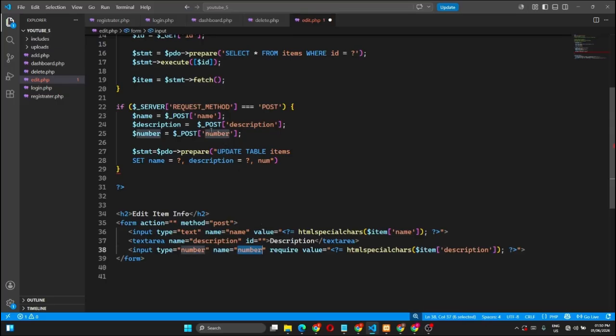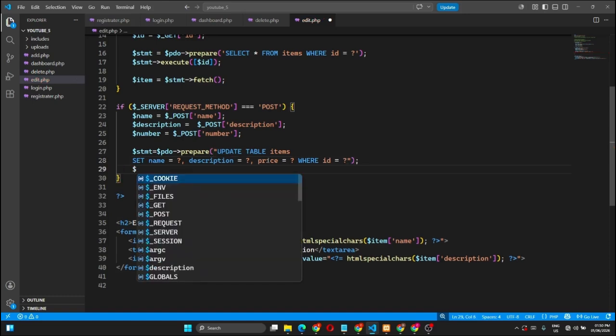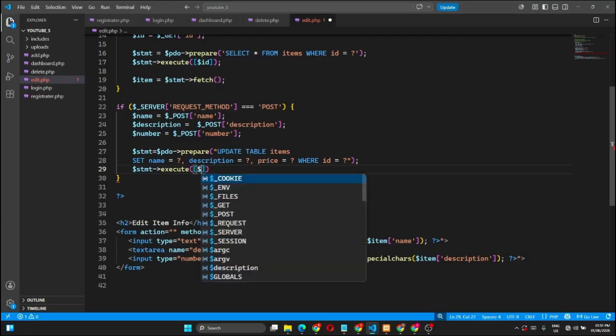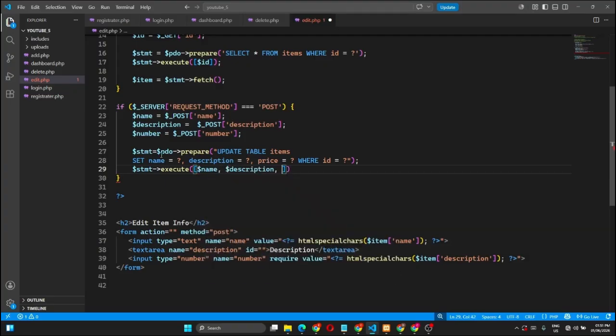Well, let's just change it from here. We're going to call it price here. All the way, name is set, price is set to placeholder as well. ID equals placeholder as well. Then we validate it. We're going to call in the things, description, number,